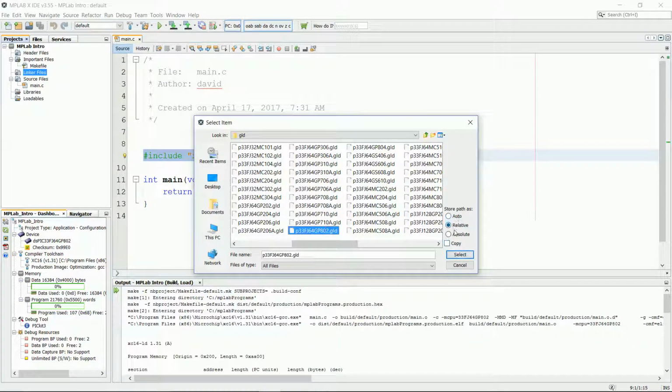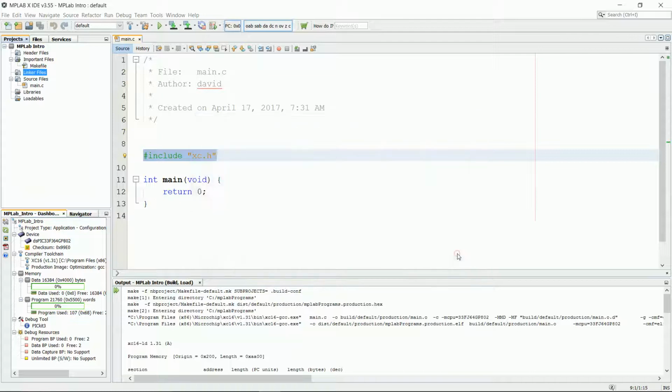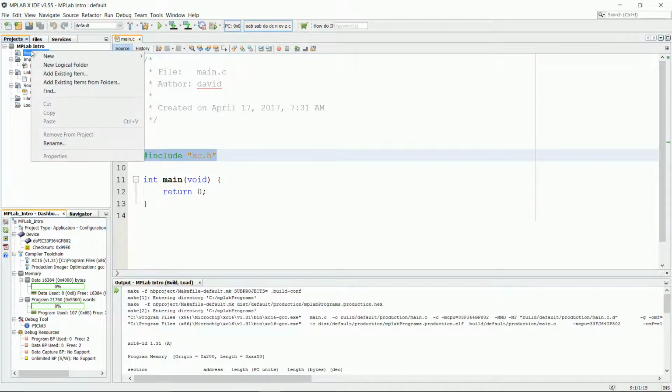And here we're going to leave the store path as relative, but I'm going to click the checkbox to copy the file into my project folder. So it actually copies it. I also want to bring in a header file, so I'm going to left click that to select it, then right click. I'm going to click on add an existing item,